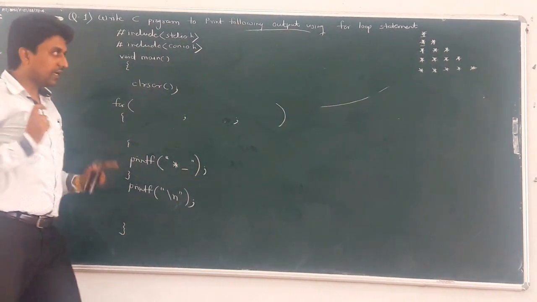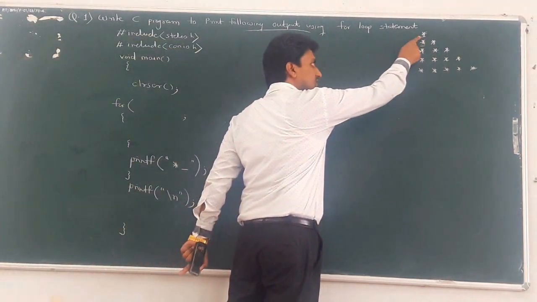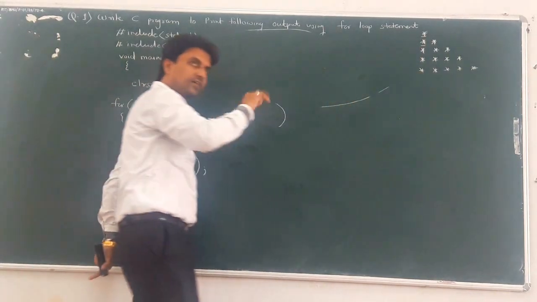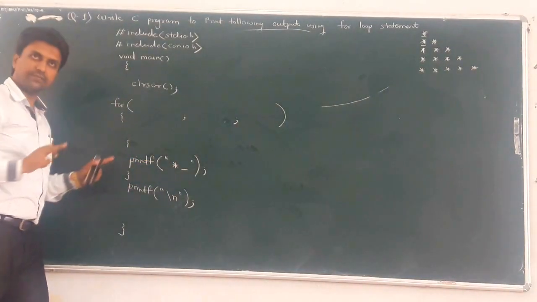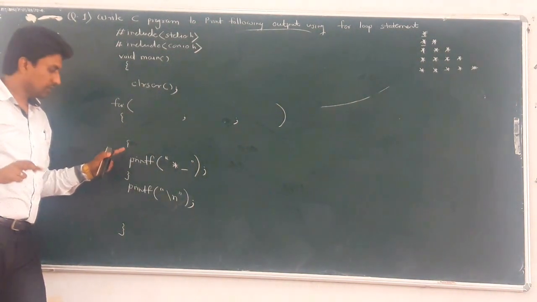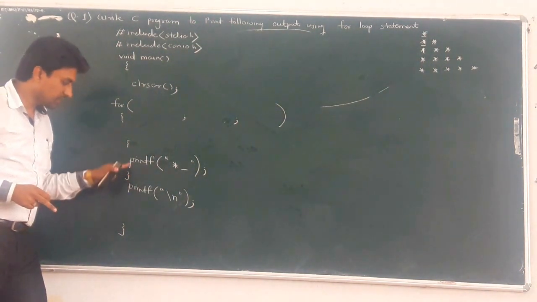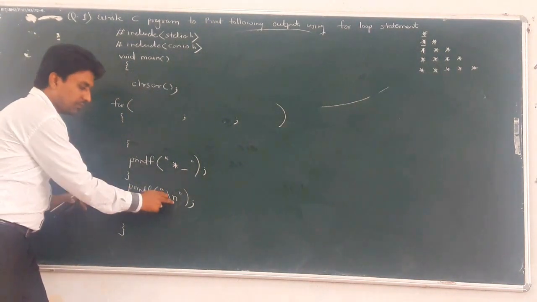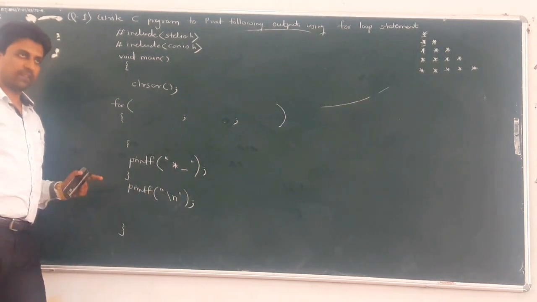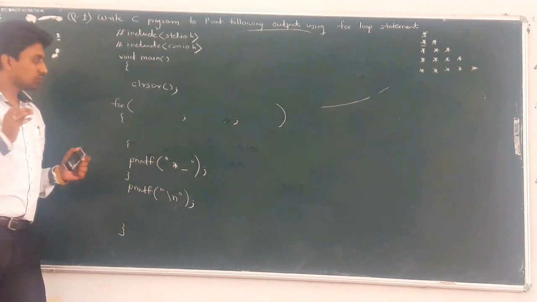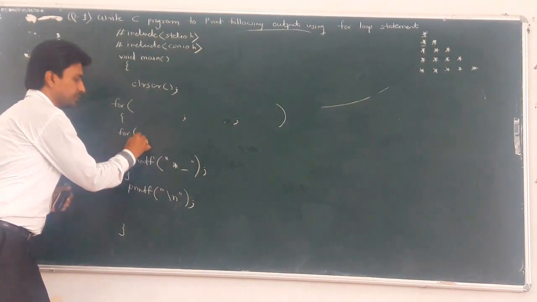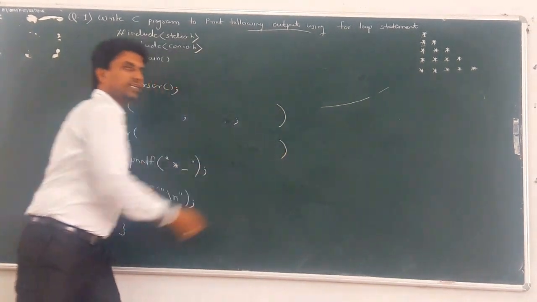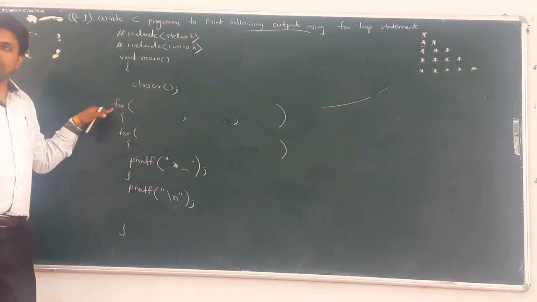Okay. What is our end aim? First line only 1 star, second line 2 stars, third line 3 stars. Means we want to print a star first time for the first line. After this execution, when the cursor goes to the next line, then what is it? printf \n. Clear? Okay. So for that purpose, there is also one loop. Suppose a for loop. This is called a nested for loop. This is the outer for loop.